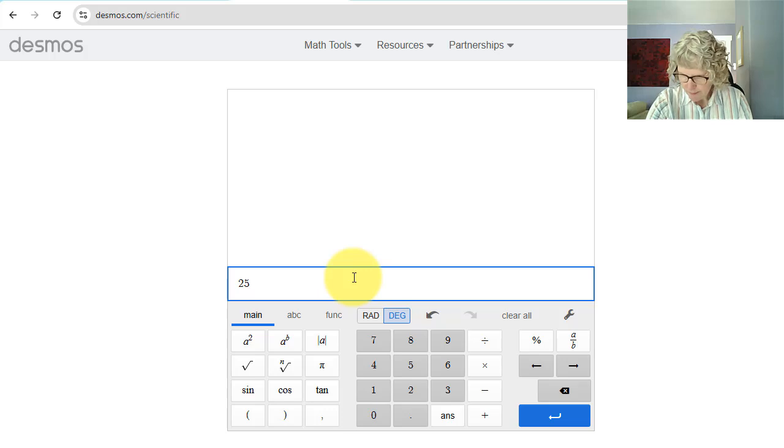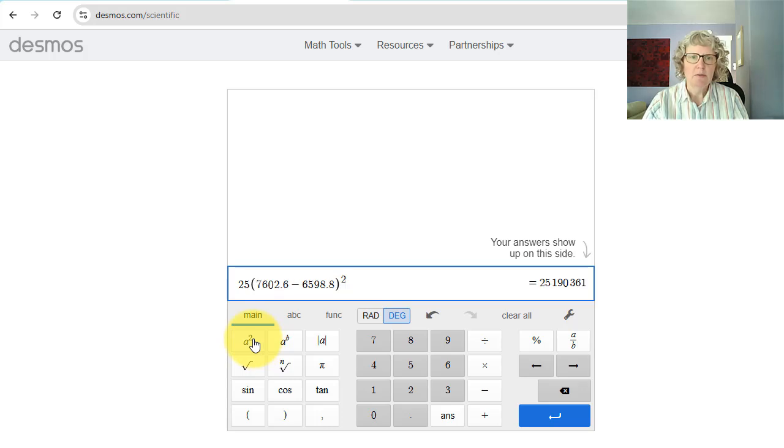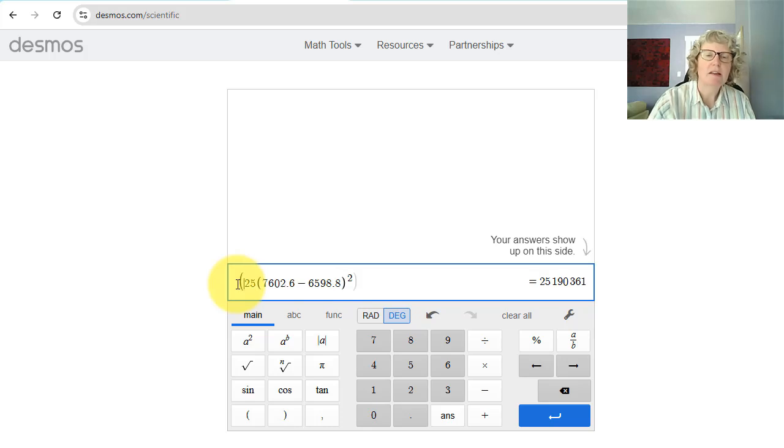So I'm going to go 25 parenthesis 7602.6 minus 6598.8 close parenthesis squared. Now, you know what I am going to do is I need to open with a parenthesis. Thinking ahead to when I am going to hit enter, I want it to have enter under the whole thing. Okay, but I don't want to close it yet, so I'm going to do plus